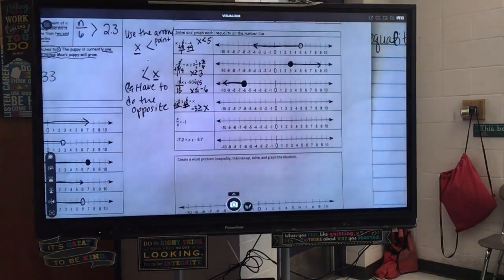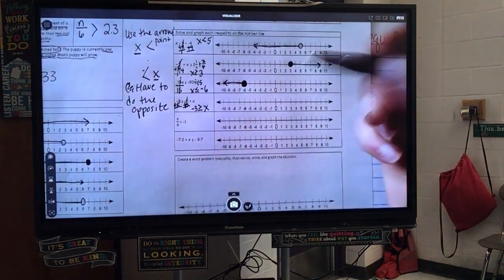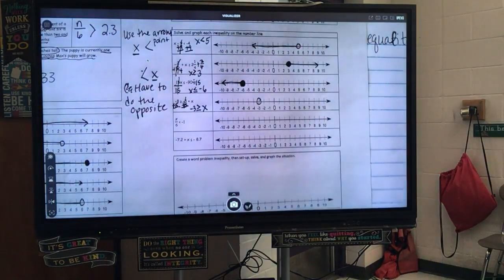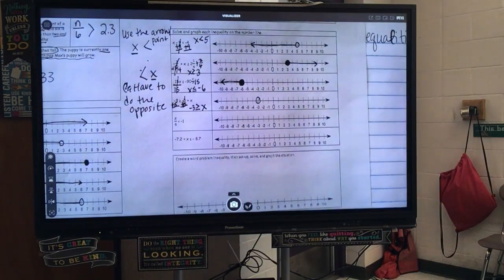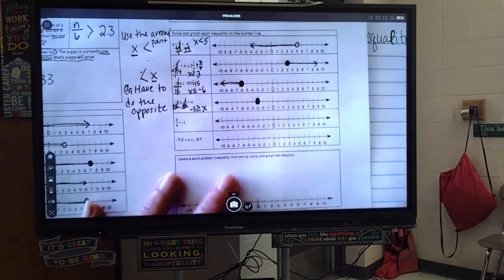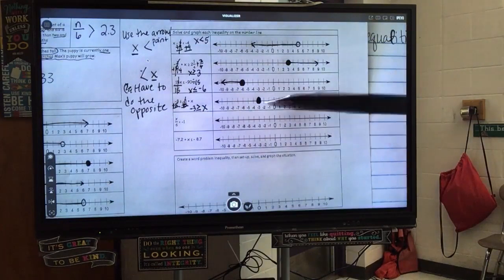Now this is where the opposite comes in. So we're gonna go to -3. Raise your hand and tell me, is it open or closed? Haley? It's gonna be closed because we have that equal to. Now, if I use the arrow, and I said my arrow's gonna go to the right, and I plugged in 3,